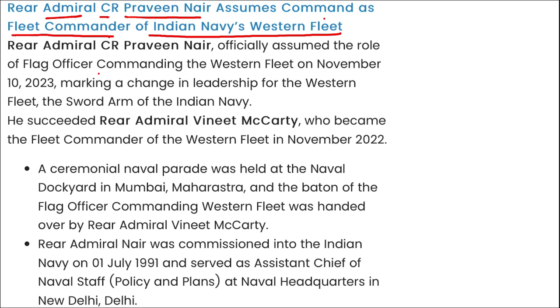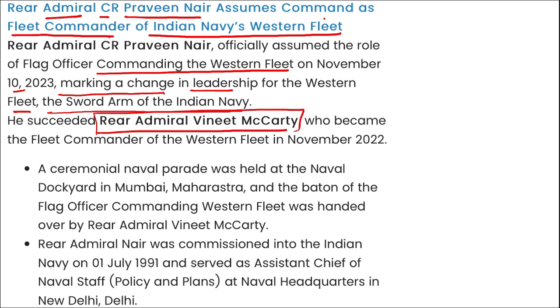Praveen Nair officially assumed the role of the flag officer commanding the Western Fleet on 10th of November. This marks a change in the leadership for the Western Fleet, the sword arm of the Indian Navy. He will succeed whom? He will be succeeding Rear Admiral Vineet McCarthy, who became the fleet commander of the Western Fleet in November 2022. Right? Important, take a note of it. Next,